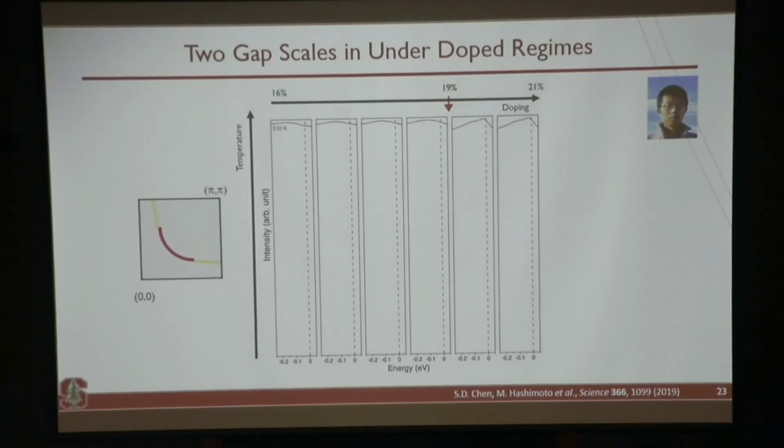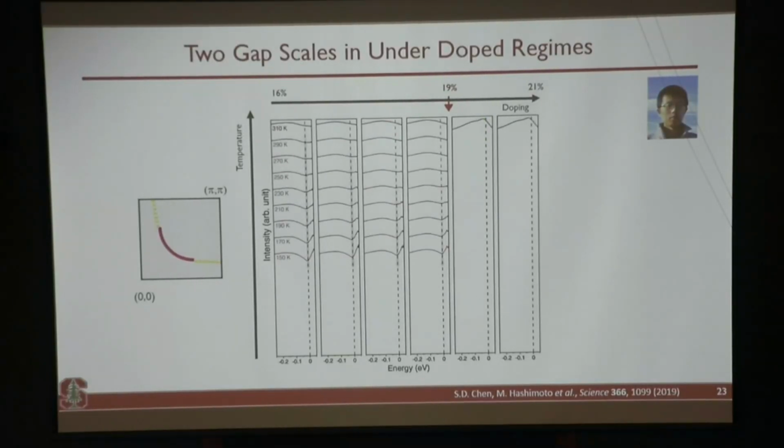Now, I've shown you the data taken in the overdoped regime. I want to show you this set of data, which brings out another dimension in the problem. Now, this is about 19% doping, and this is about 18.5. This is the 19.5. On this side, I hope the spectra look, in this relatively narrow range of doping from 16 to 21,